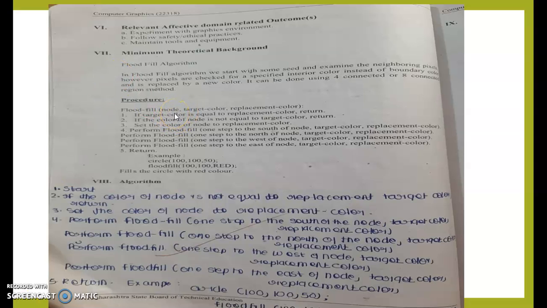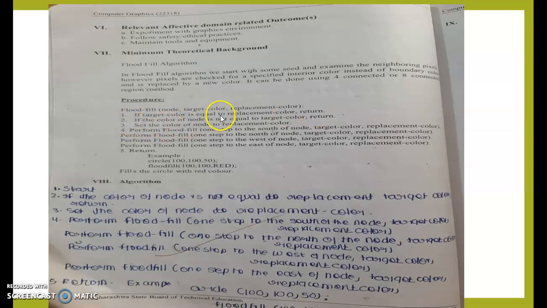Node means a particular pixel having x and y coordinates, then target color, which means the new color, and replacement color, that is the old color. The first step: if target color is equal to replacement color, then return. If your new color is equal to the old color, then return.